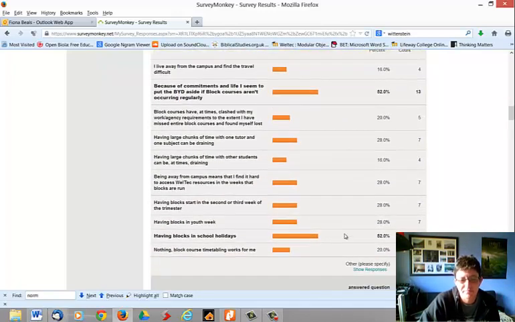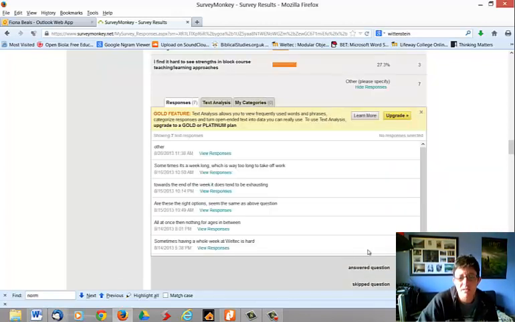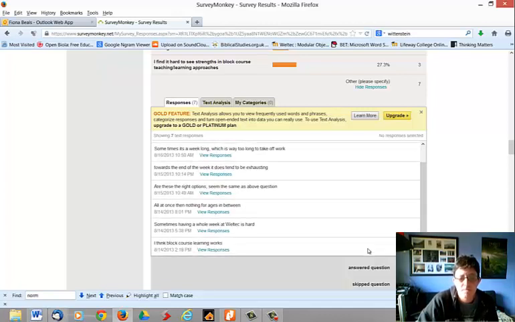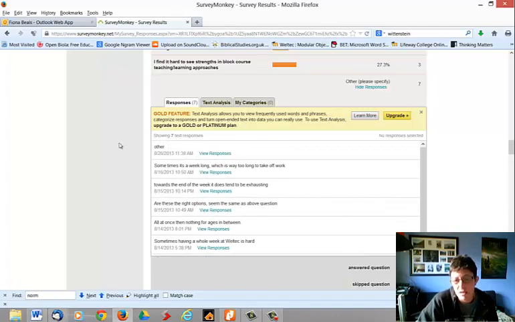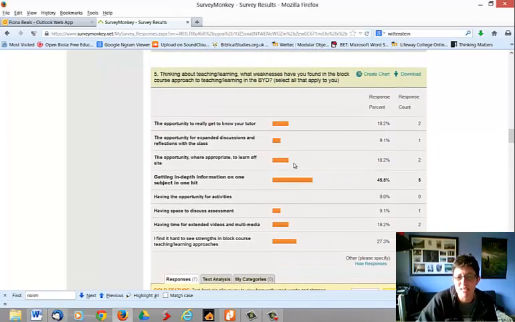Problems with it. Definitely, there's a problem with having blocks in school holidays, and because of commitments in life, it's difficult for people to put them aside. The weaknesses have been often getting too much in-depth information, but only 5 people, so it's not really. Sometimes it's a week long, which is too long to take off work. Okay, so in those responses there's a definite theme that we should be looking at, not penciling out whole weeks